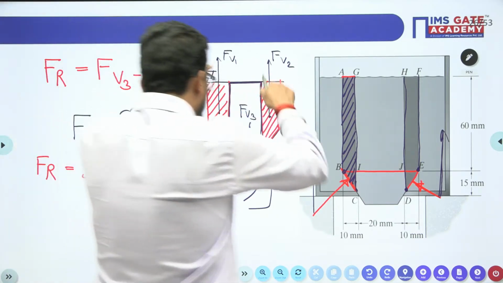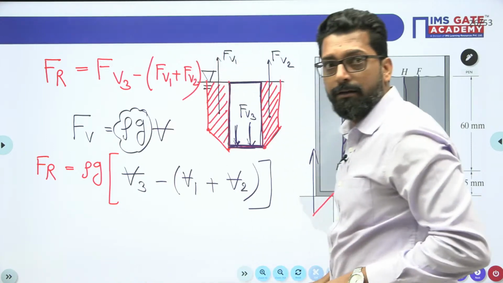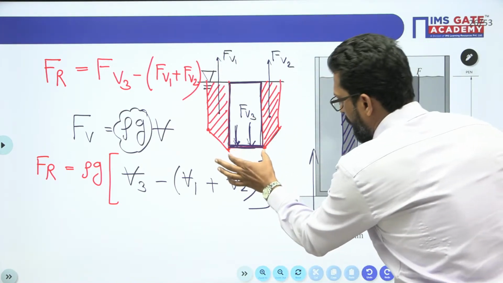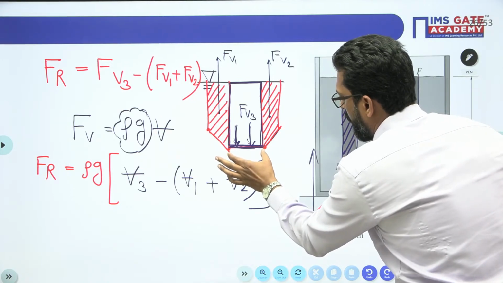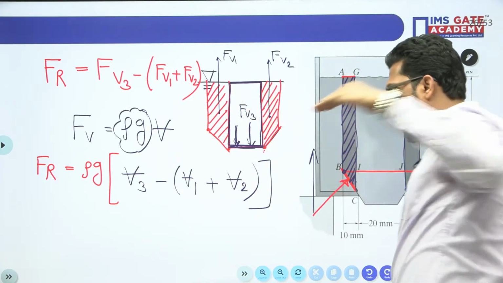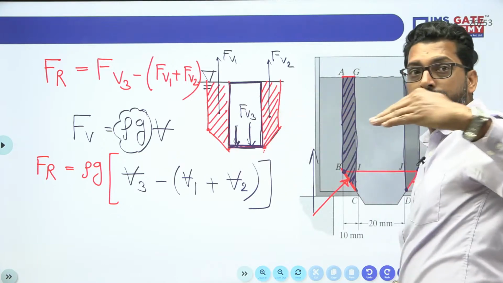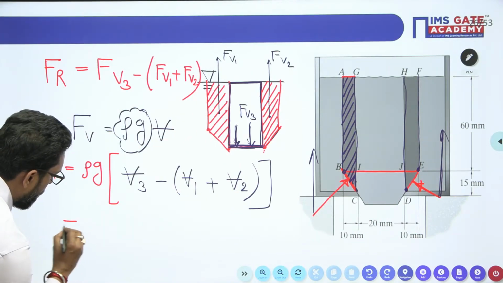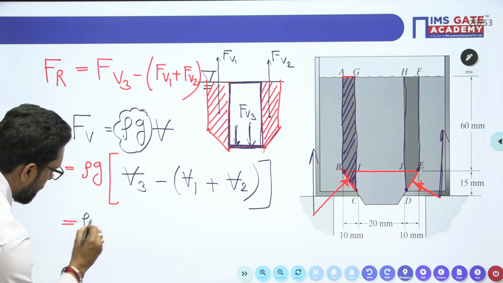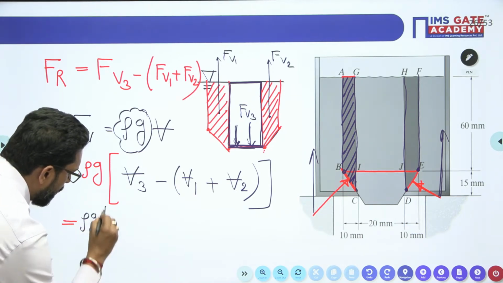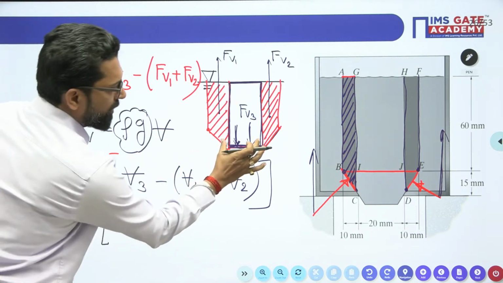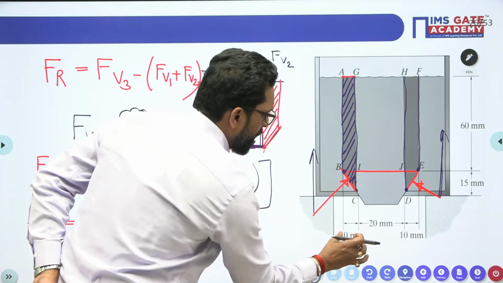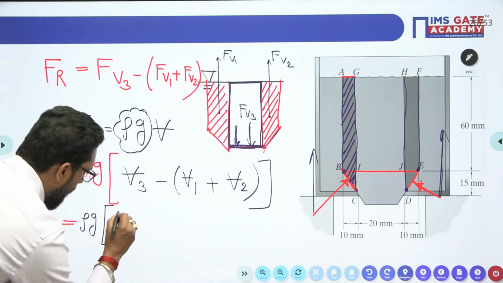So the volume of 3 is what? This is the rectangular region. What is the volume of 3? This length into this length into the depth perpendicular to the board. So what is the FV3? This is rho g at, is it? How much is this one? This is 20 plus 10 plus 10. That means 40, and 0.04